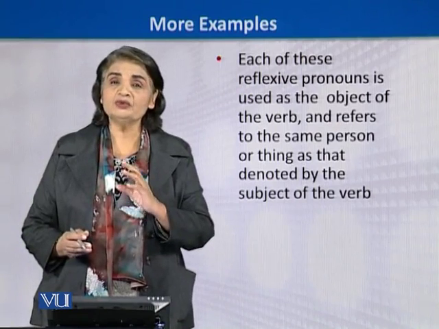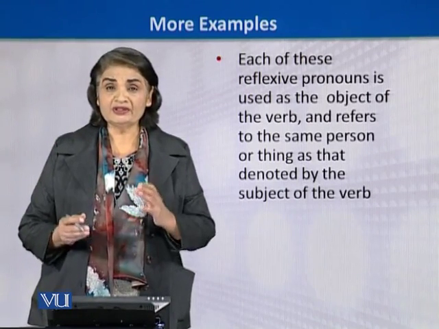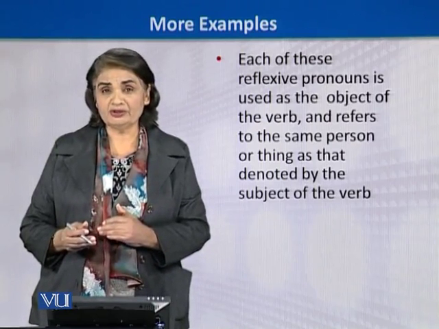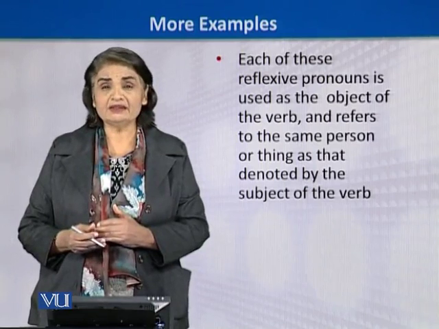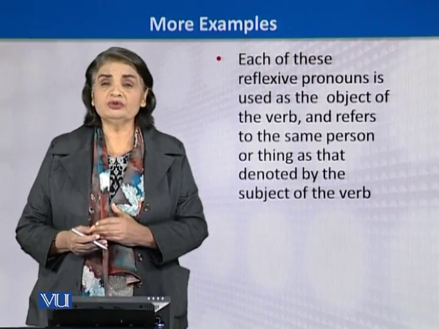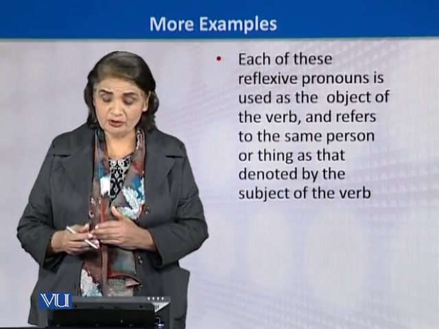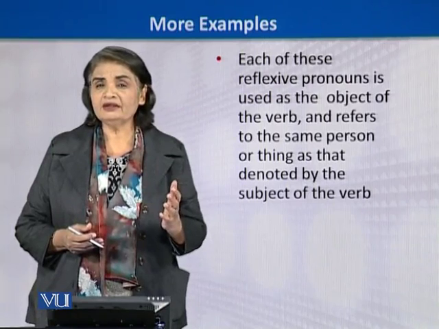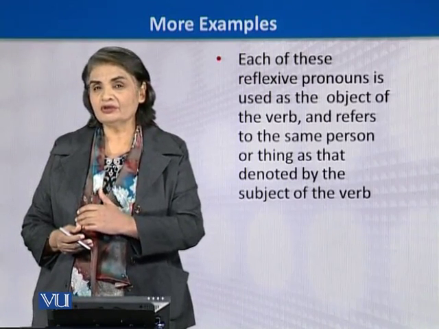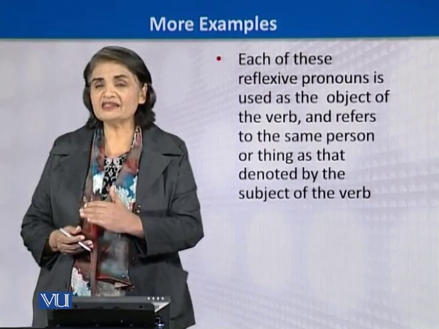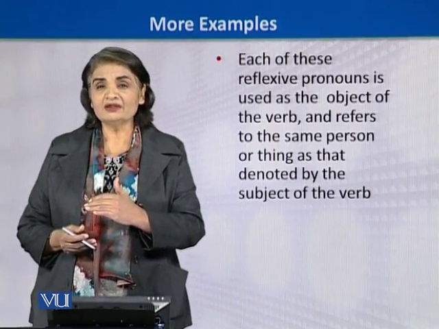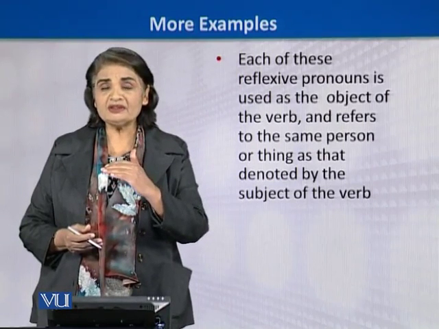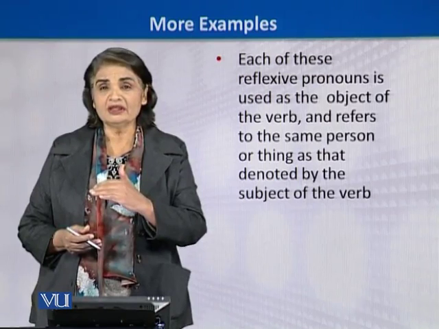Then in a sentence we are going to look at the verb. There is a verb there. And then when we are going to talk about the reflexive pronoun in the sentence, then we would come to know that this reflexive pronoun is being used as the object of the verb. For example, I hurt myself. So what is the object here? Myself. So in the sentence, when we talk about analyzing the sentence, we say myself is the object, and myself